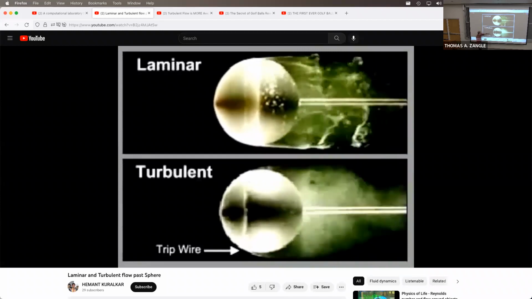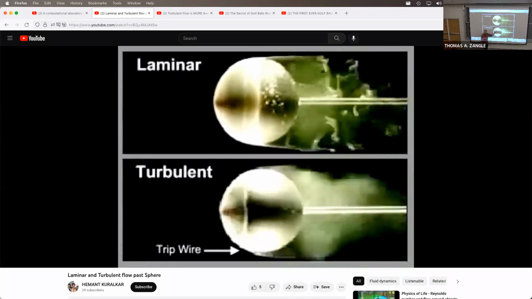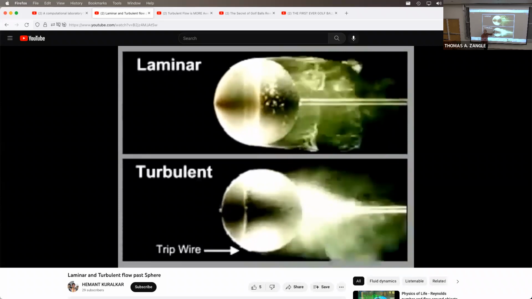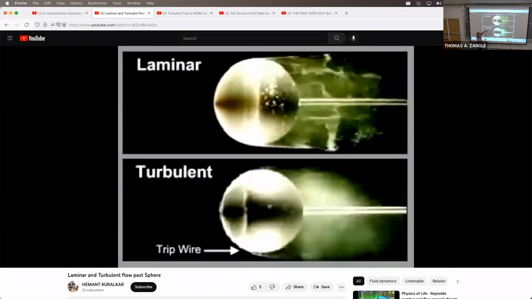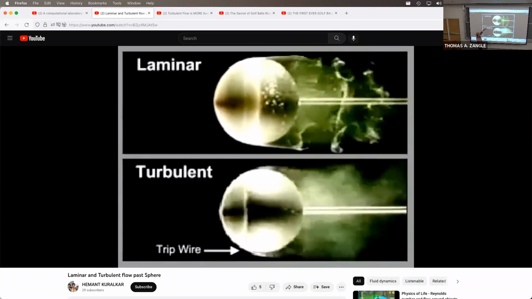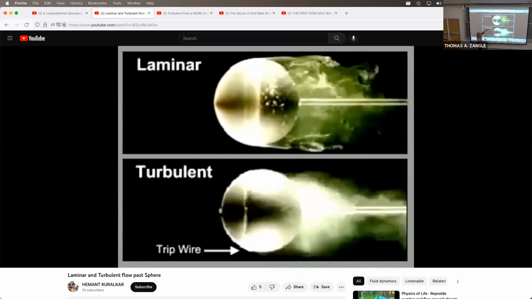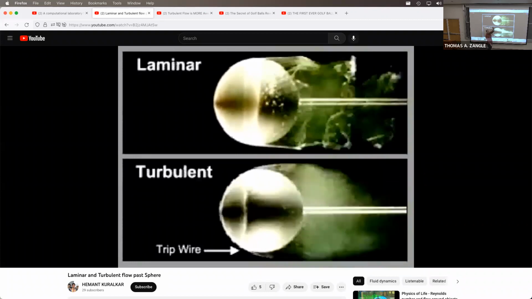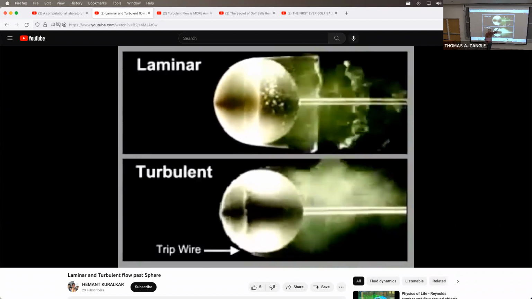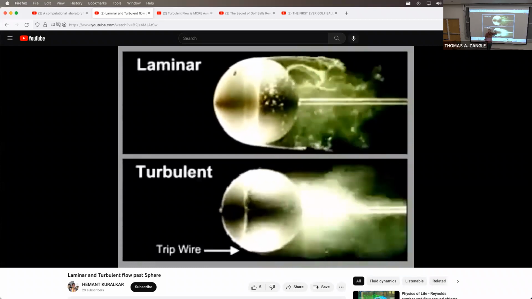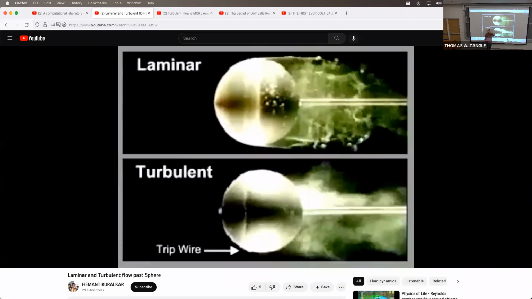Okay. So what's happening here for the drag force? Let's just talk about what's happening for drag force. This is going to be important when we see golf ball data. We're going to see that when we have more complex objects, this is going to be a theme of the next piece of this chapter. When we have more complex objects, there are going to be two components of the drag